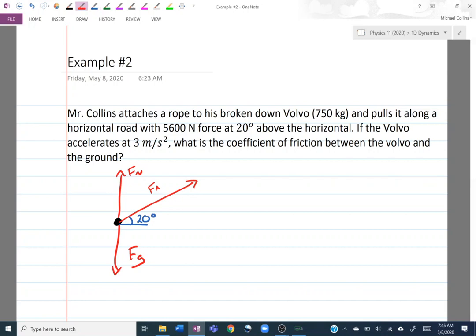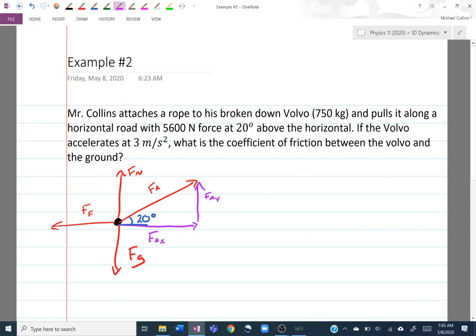It also tells me that there's going to be a force of friction by asking what is the coefficient of friction. It's going to work against that applied force, against that force of motion. And that would be my free body diagram. Again, our applied force will have components in both the x-plane and the y-plane, and we're going to have to figure out what those are. Fay,